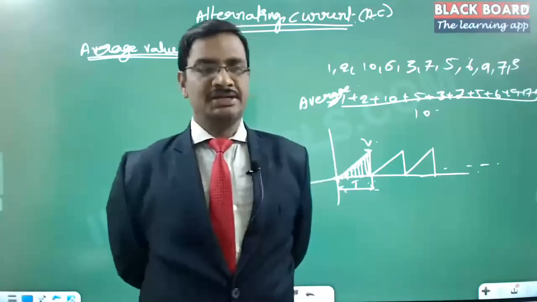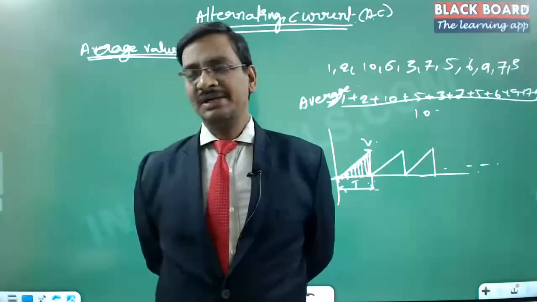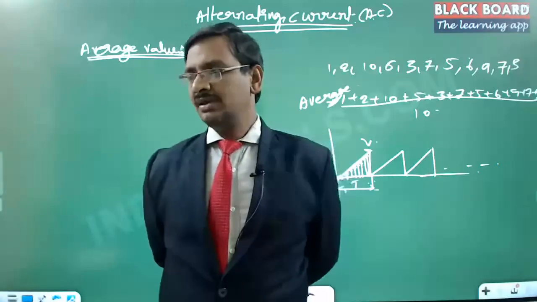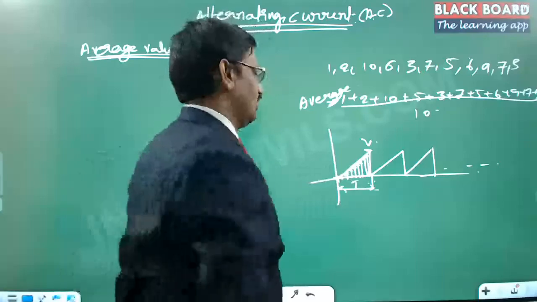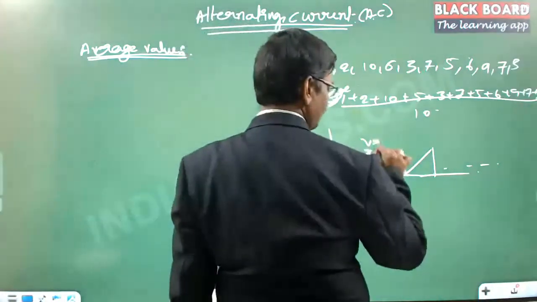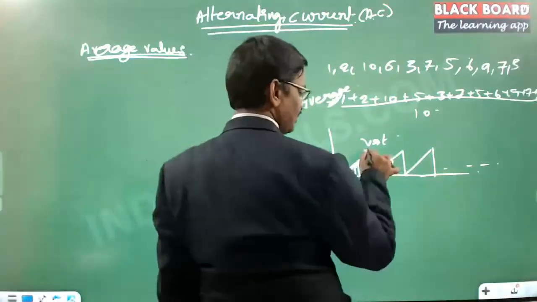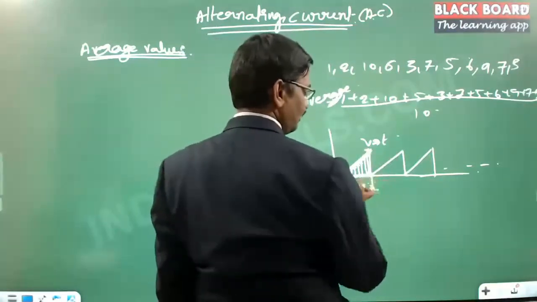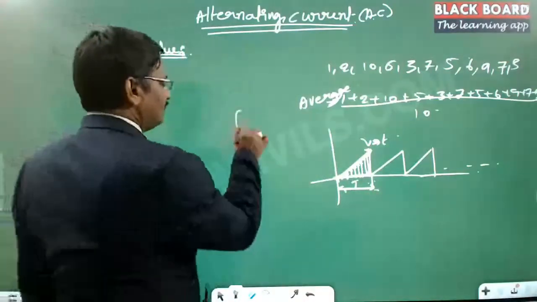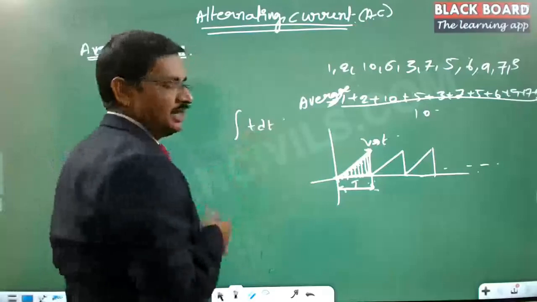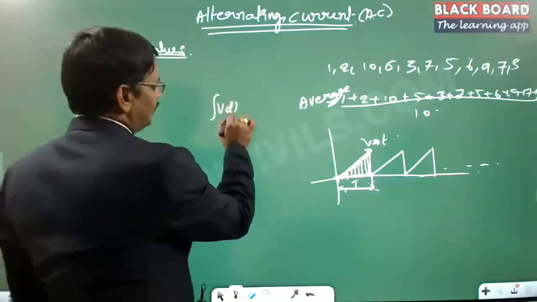We can use integration. What will integration give? By definition, the integration under any curve gives the area, correct? Suppose I have the curve v equal to t, which represents a straight line, between 0 to T. Now if I calculate the integral of v into dt,